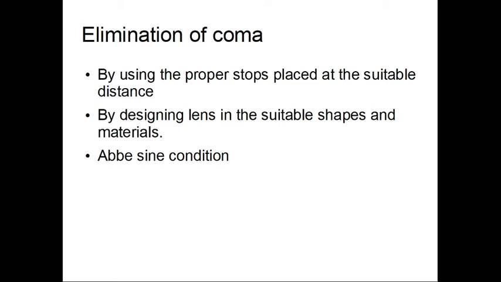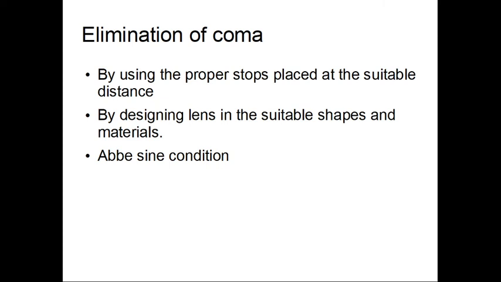And the other elimination method is the Abbe sine condition. The Abbe sine condition is mu1 y1 sin theta 1 equal to mu2 y2 sin theta 2. Here, mu1 and mu2 are the refractive indices, theta 1 and theta 2 are the angles, and y1 and y2 are the lengths of object and image for that zone. When mu1 and mu2, the refractive indices, are equal, then we can write this equation as y2 by y1 equal to sine theta 1 by sine theta 2, where y2 by y1 is the lateral magnification.